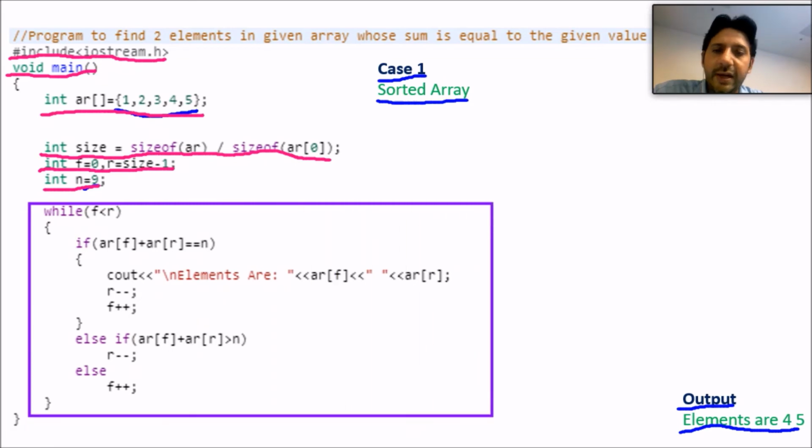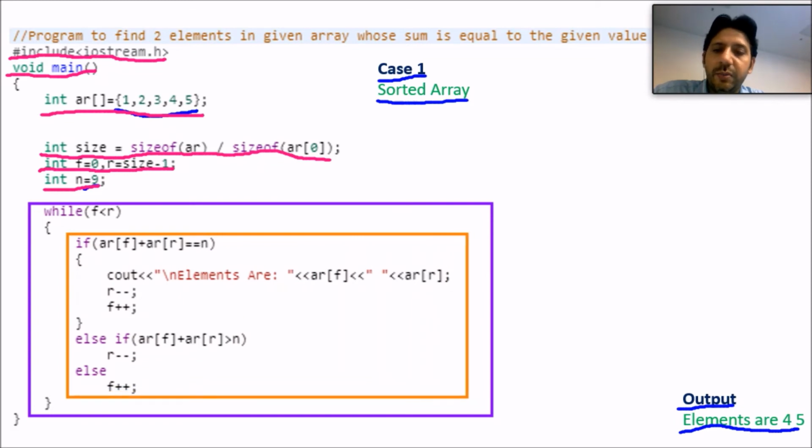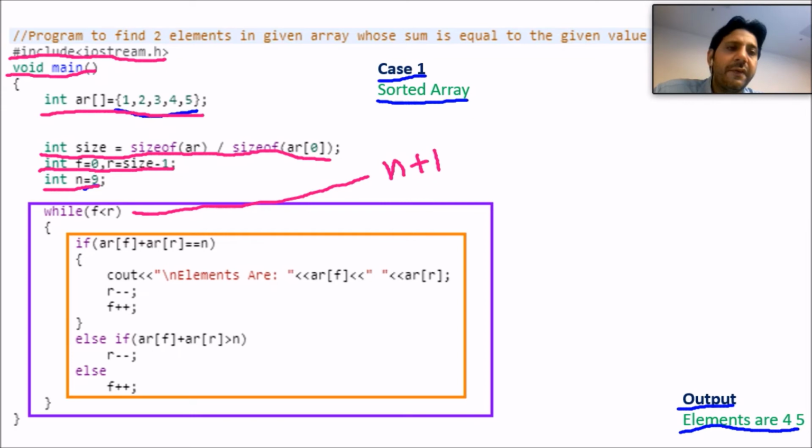So this one is the while loop, where the complexity will have an effect, and this is the inner part of the while loop. The outer area of the while loop will run for all the values of n. Roughly we say that it will work for n plus 1 values, because if the front is pointing to the first element and r is pointing to the last element, after n elements plus 1 the loop will become false. So it will run for n plus 1 values. And in the inner part, sometimes the if will run, sometimes the else if will run, and sometimes the else part will run. But roughly the degree of time will be n.